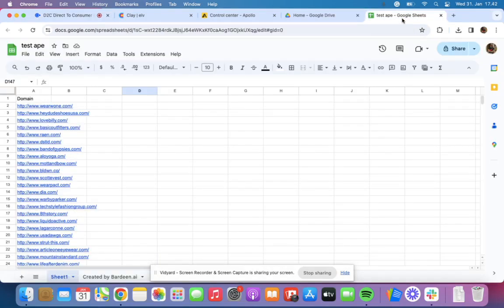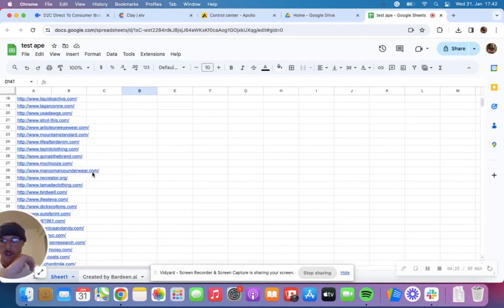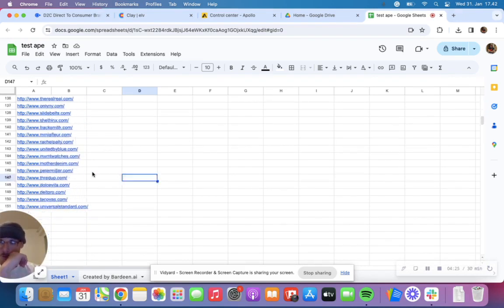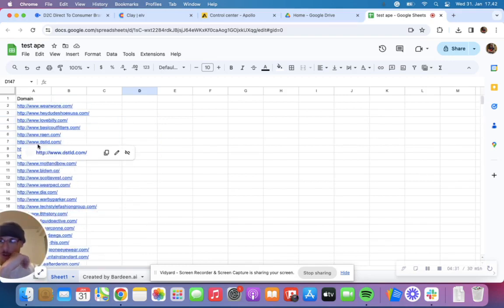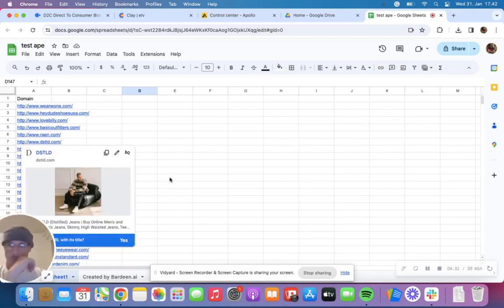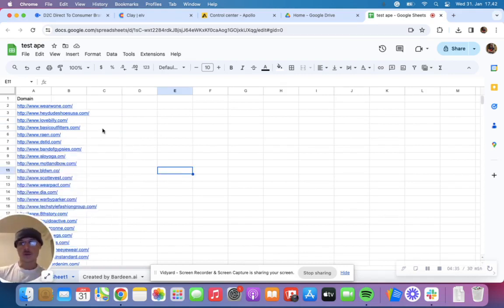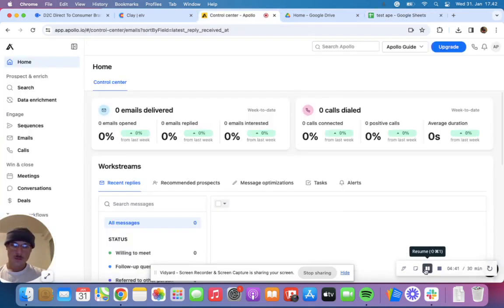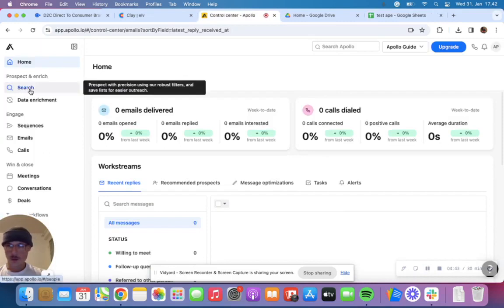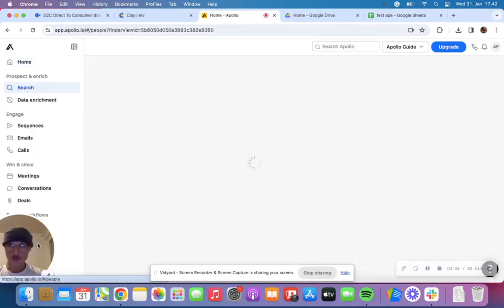All right, so now the automation is done. The next step is that we obviously need emails for this, to reach out to people. Looks like this list only had 151 domains, so let's work with what we got. So next step, there are 2 ways to do it. You can do it this way. You can just copy and paste all these domains, go into Apollo search,